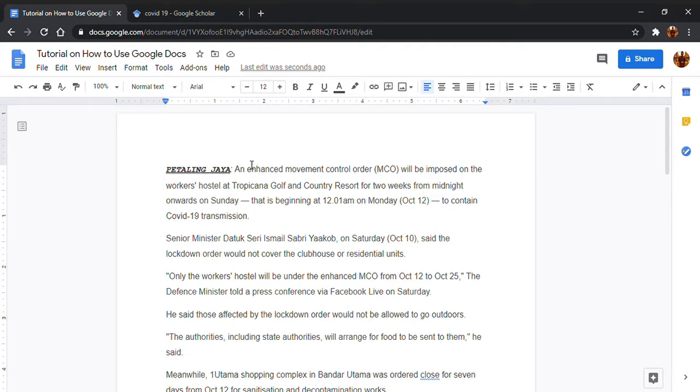Next, if you look at this paragraph, it's not neat. So what you can do is adjust the alignment of the text. You can adjust it to your own coordinates. Let's say if I have here